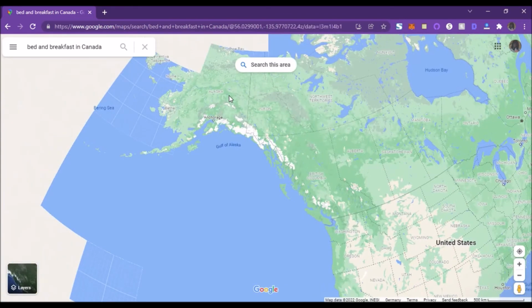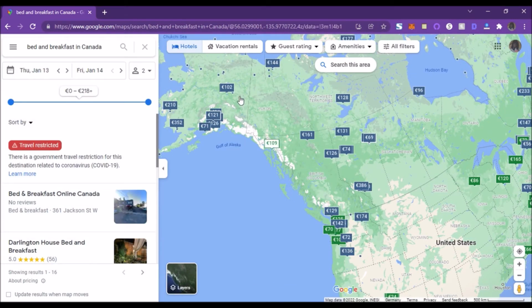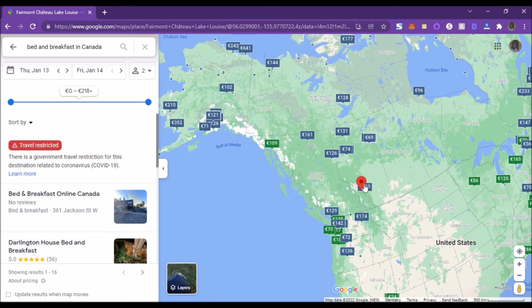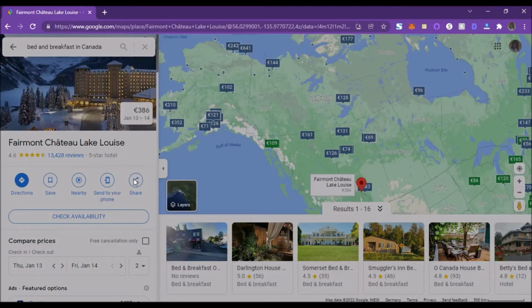Tons of them, huh? Maybe find something with a nice round figure. That looks round enough. What do we have here? This is called Fairmont Chateau, Lake Louise. Pretty. So what you want to do is come over here to share, and once you go to share,